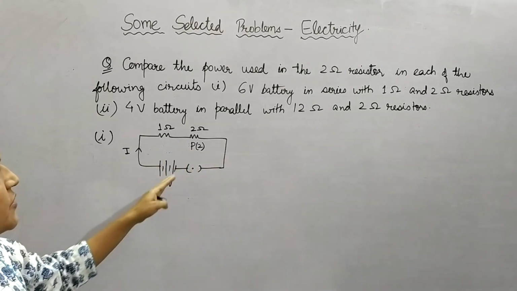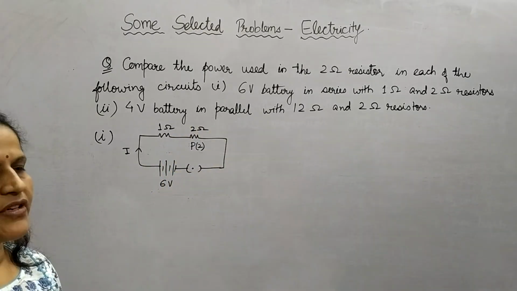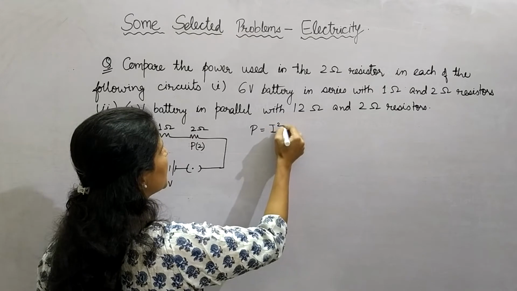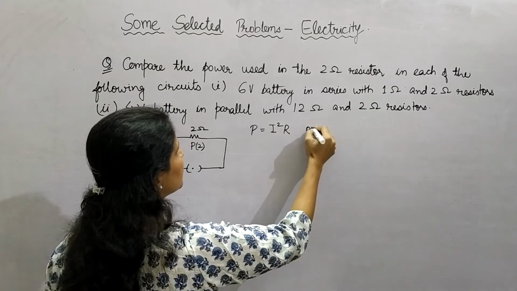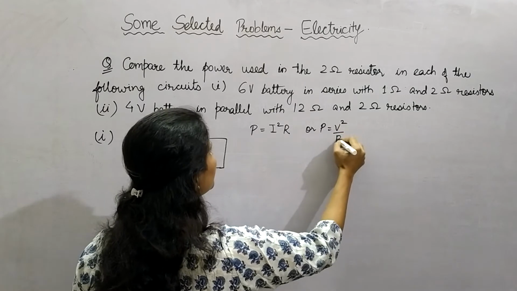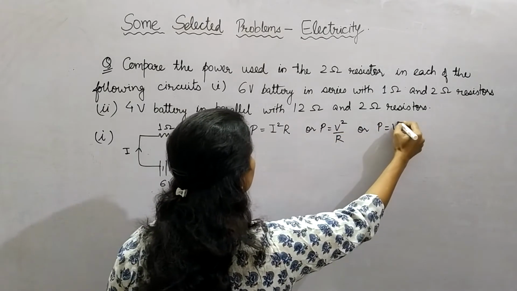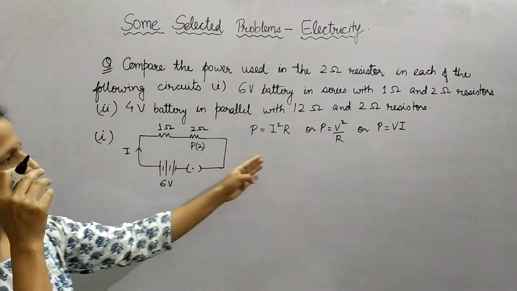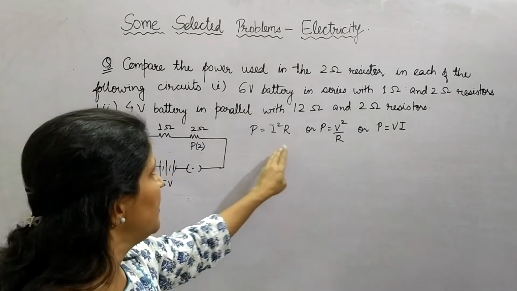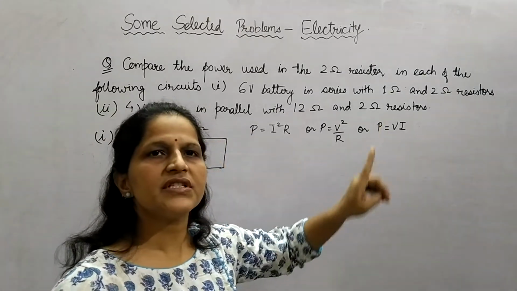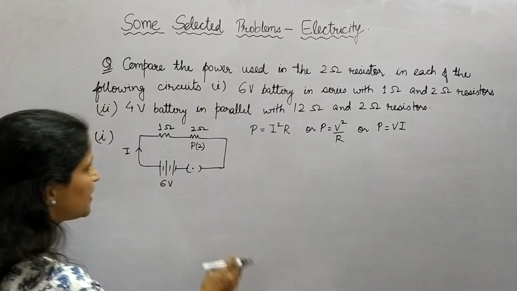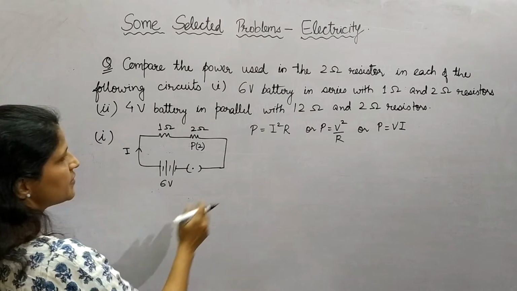Just an indicator. So here children often have a doubt that we have 3 different formulae to calculate power. P can be calculated as I square R. P can also be calculated as V square by R, or P can also be calculated as the product of V and I. So children often get confused about which formula we should use, or if the formula that we are using is different, we should get different answers. But you can understand that using any of these formulae should give you the same results. So I'll solve this question using all 3 formulae one after the other. So let us see how the difference comes using different formulae.